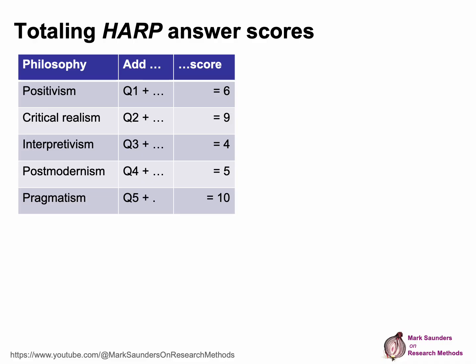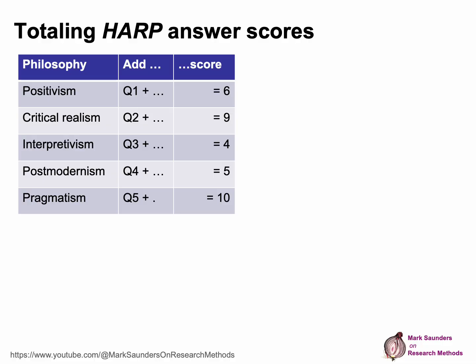In this slide, we have an example which shows how somebody has totaled up their scores for each of the 5 philosophies. For positivism, their score comes out as a 6, for critical realism as a 5, for postmodernism as a 4, and pragmatism 5. So their highest scores are for 2 philosophies, pragmatism and critical realism. And this is not unusual. Very often when people do HARP, they relate closely to 2 of the philosophies. But we can also see here that the same person does not really relate to interpretivism or postmodernism or indeed